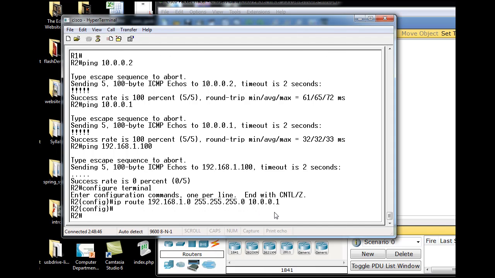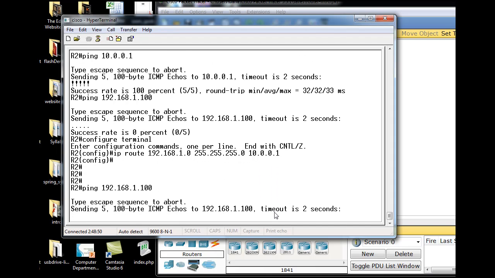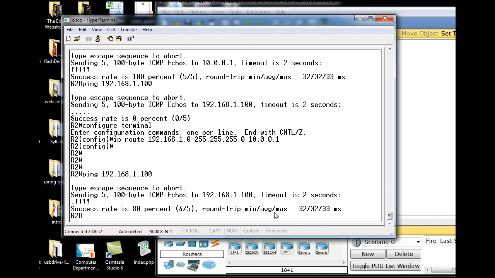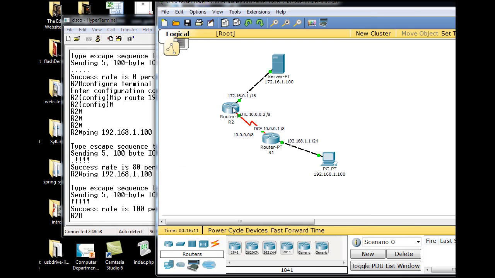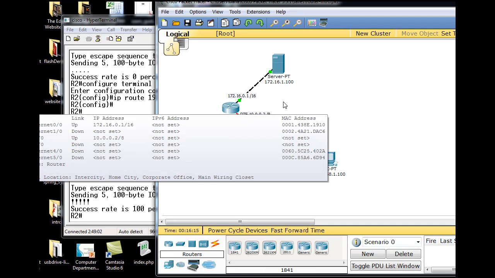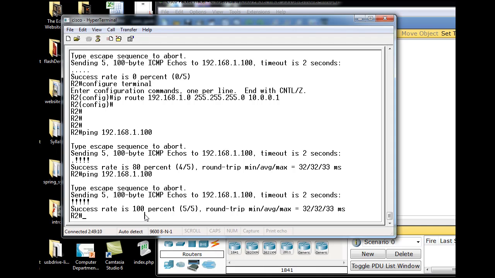And now, if I hit Control C and I try to ping, we should get success, and we just did. So now we can get there. Once I've put a static route telling the router, if you want to get to the 1 network, go to this IP address right here, send packets here, then we're good. Likewise, I have to go to the other router,